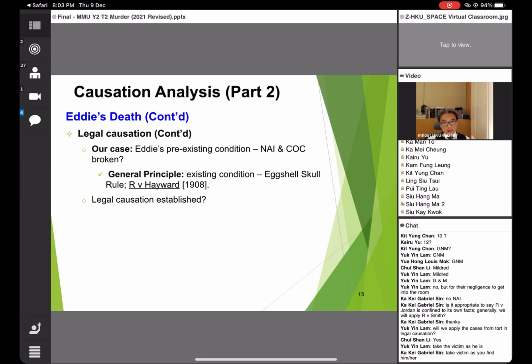Very important, okay? Eggshell skull rule is applied every day at court. Take the victim as he is, very good, Yok In. Take the victim as you find him or her, Gabriel, very good. That means if you punch someone and the person just stands there, not even having a bruise, that's a very strong victim. However, you also have to take into account that someone you punch with the same strength may die on the spot, because the person is susceptible to any sort of strength, okay? Or the person might bleed, the person might not have the capability